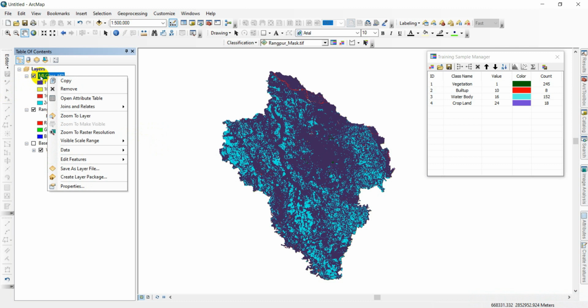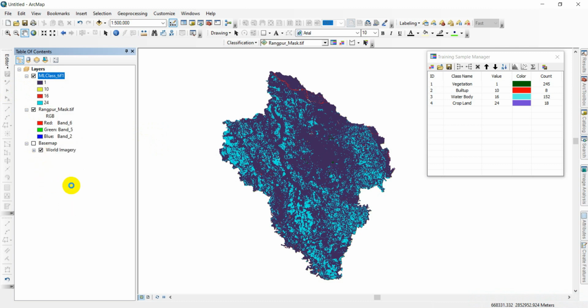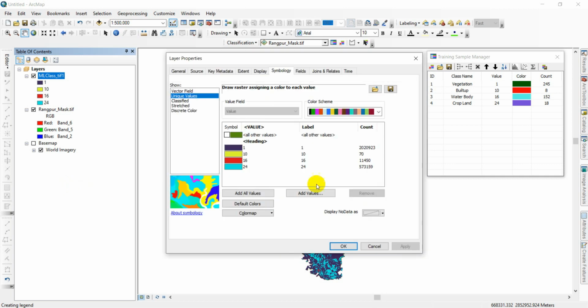You can assign the class names in the symbology. Go to symbology, unique values, and assign the name.